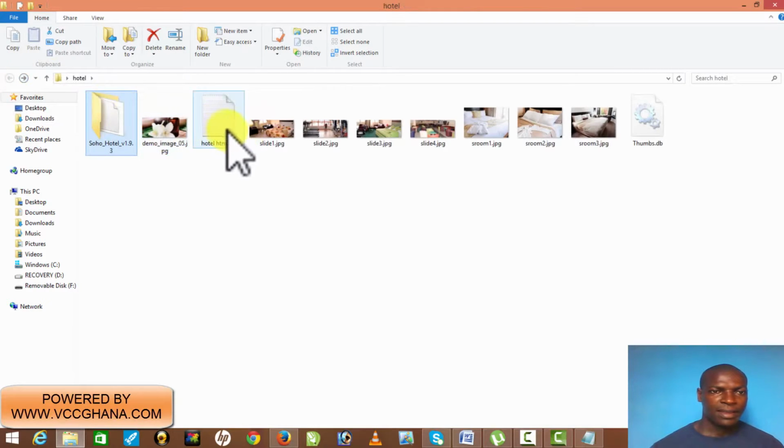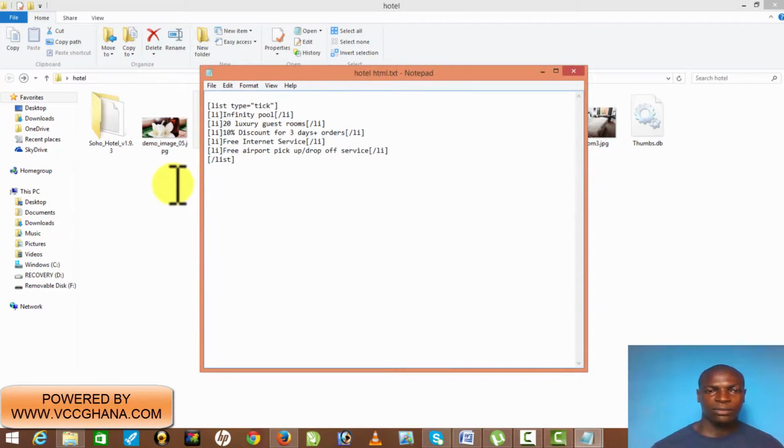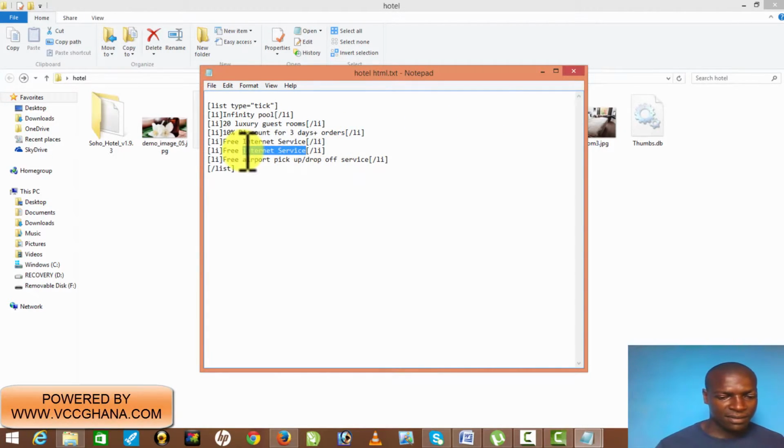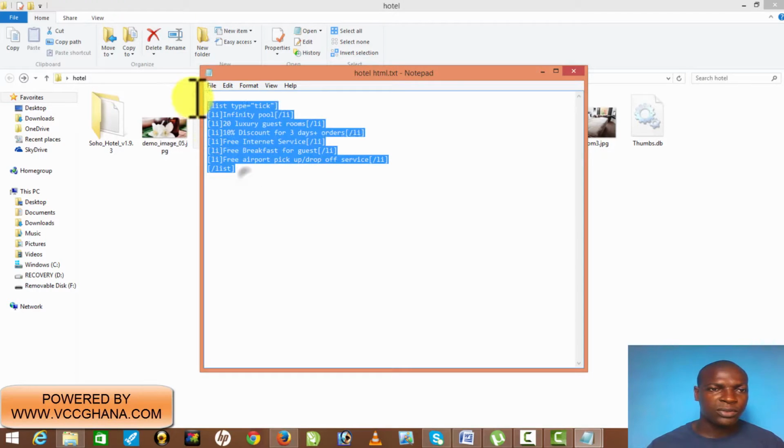I'll click here, and it's called hotel HTML. You can see, this is what I'll just copy and paste. If you have more features here, I can say this. Let's say I want to add more features here. I can click here, and maybe just type free breakfast for guests or whatever. Okay, so let me just copy this code. You see what we'll use it for here. Ctrl C,